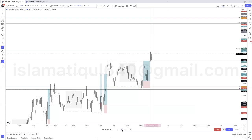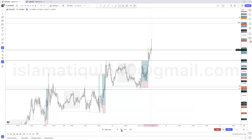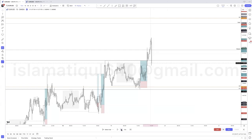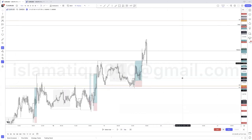Nothing yet. We're inside of the resistance. Okay. Now that high is getting swept, but no signs of reversal. I think they're trying to move up here. A big drop. Big drop after clearing out this high. Did they clear out anything else? No. And they have broken through this